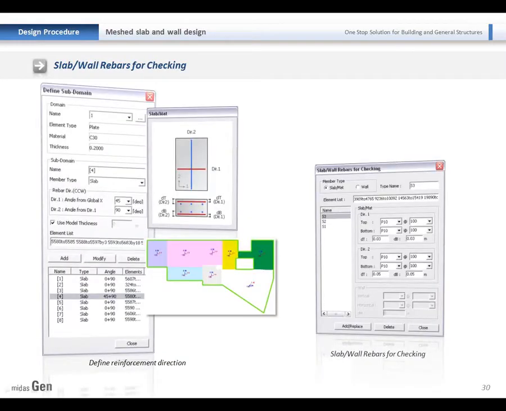In the slab design, once we perform the automatic design, we can enter the rebar data automatically or manually. It is same as the frame design that we checked during the demonstration. So for this, we can consider the skewed reinforcement as well. You can see in this dialog box, we can directly enter the reinforcement direction.